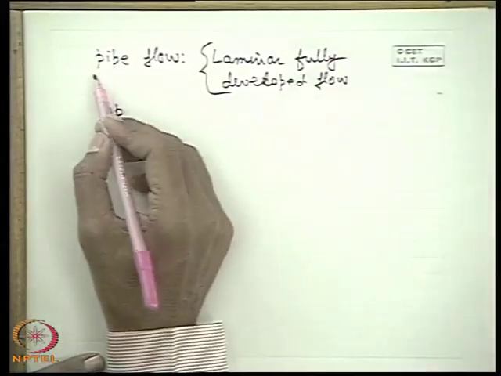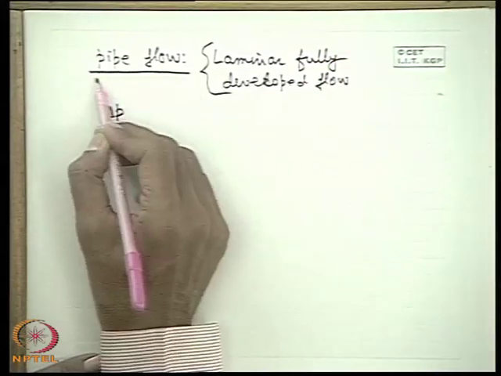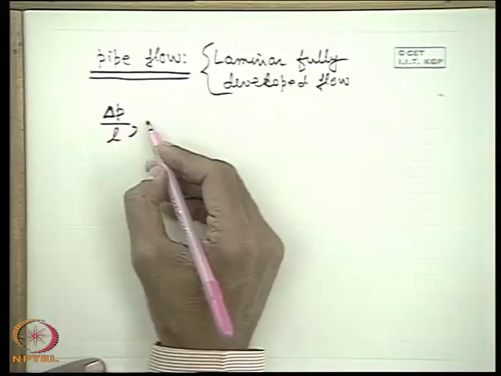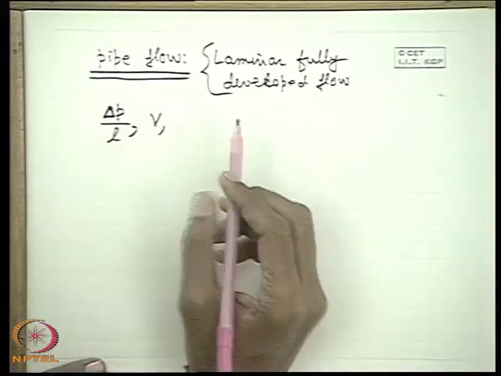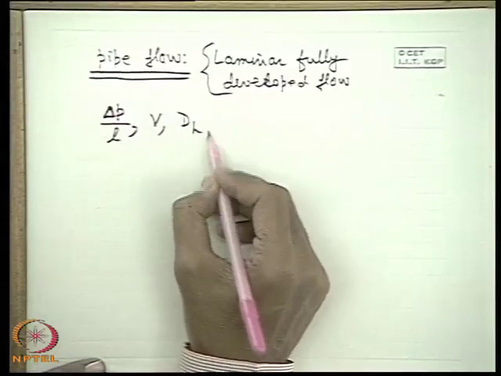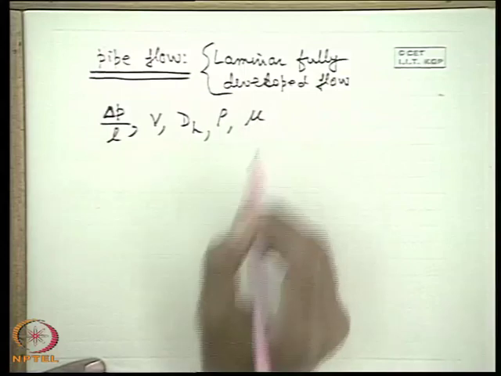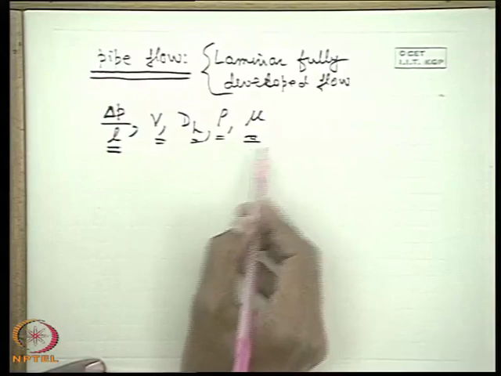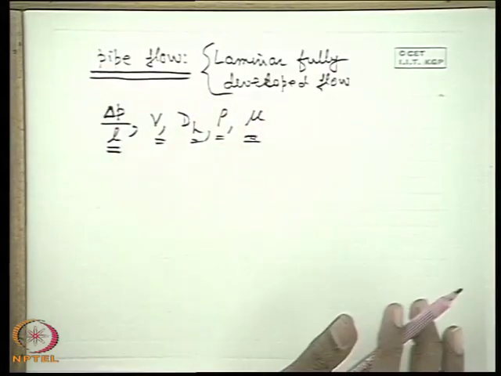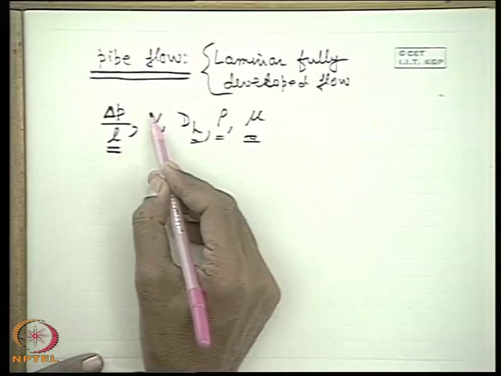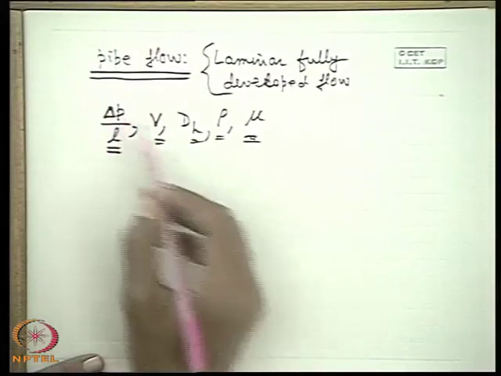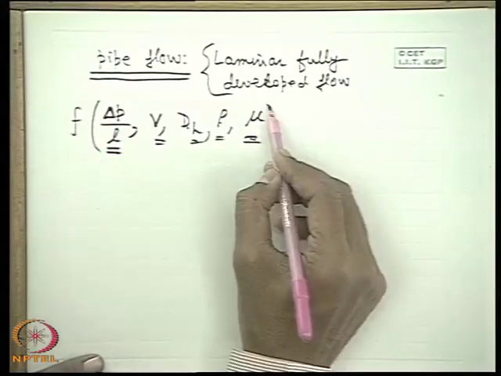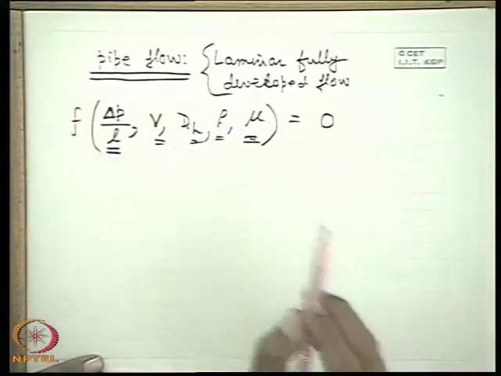But we think in this way, that a pipe flow problem is defined by what variables? First is pressure drop per unit length, another variable is velocity, another is pipe diameter, another is rho, another is mu. So we see that these 5 variables define the pipe flow problem. There is no other variable. So, a pipe flow problem is defined by its flow velocity, pressure drop per unit length, diameter, rho and mu. We can write that a pipe flow problem can be mathematically expressed by an implicit functional relationship of these.